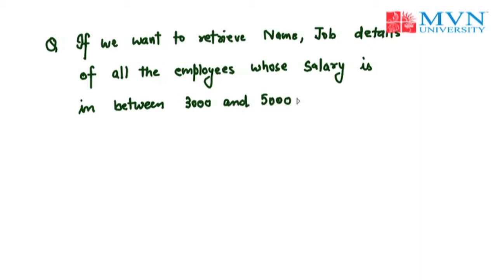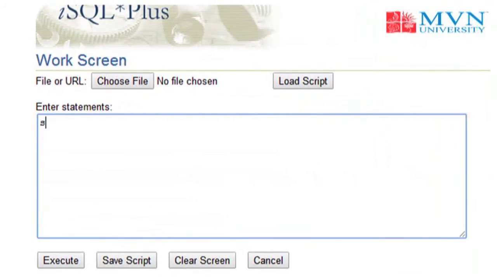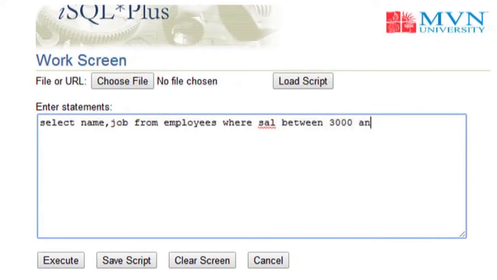We will write a query like: select name, job from employees where sal between 3,000 and 5,000.